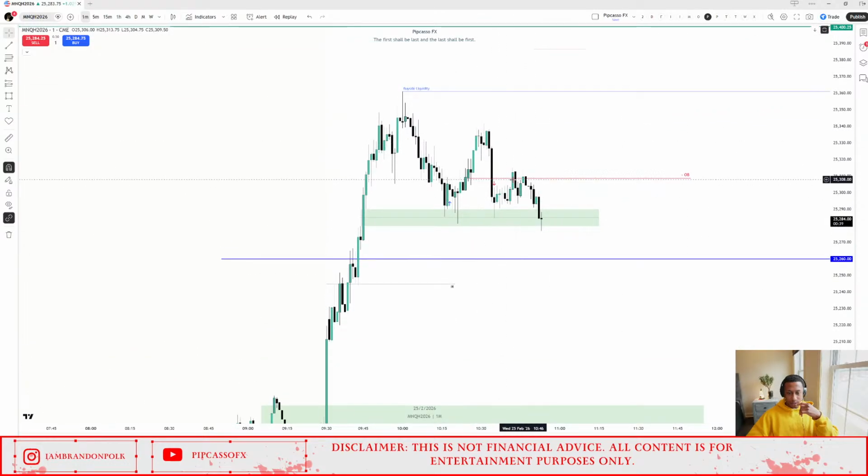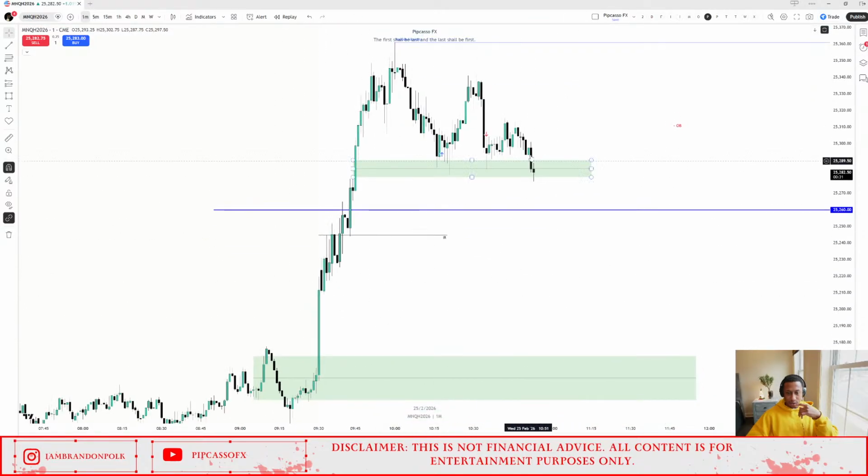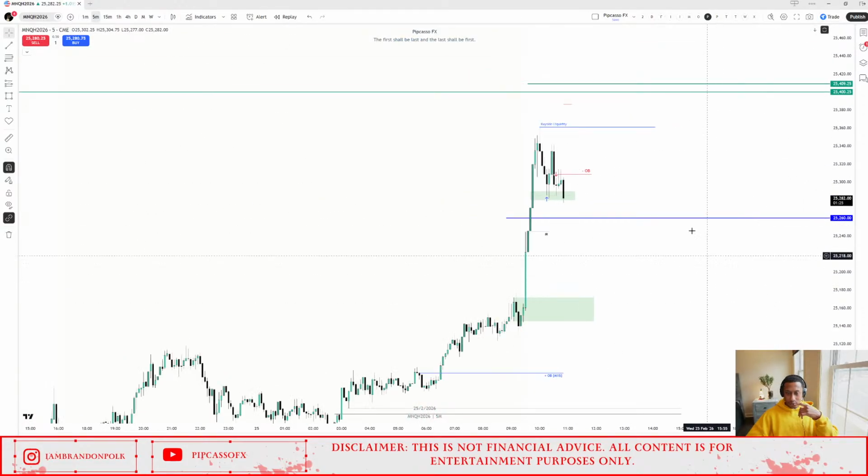Again, a 5 minute. Again, if I was looking for shorts, ideally that's what I want to see, and then probably down to this gap, maybe to that high, you could play the range. But I don't want to see lower prices. I'm not gonna play something that